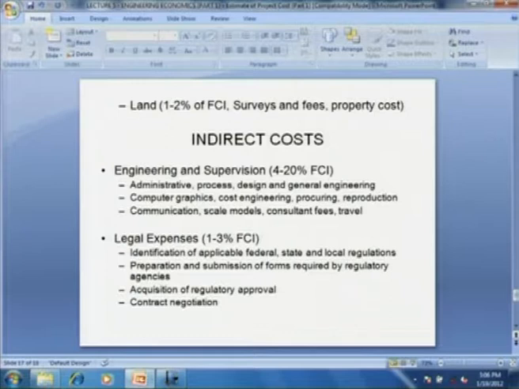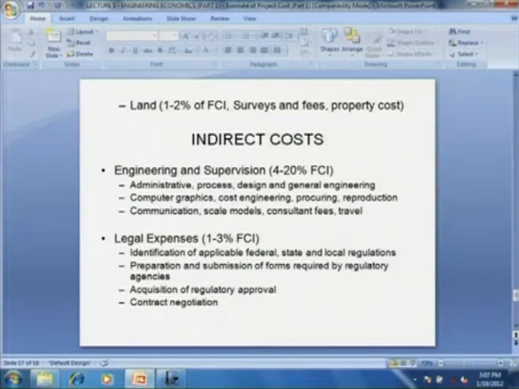Then you have to conduct a survey of the land to assess the natural resources, like whether it has sufficient water, whether it is connected to a highway, whether it is connected to a railway station or it is near a port, and so on and so forth. Then the cost of properties. Then let us see what are the indirect costs. What we saw were the direct costs of fixed capital investment. Let us see now the indirect costs.